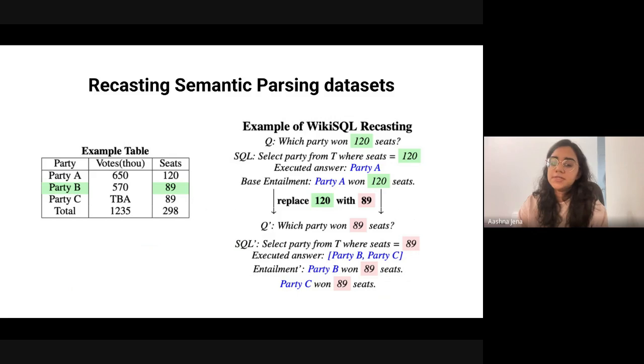But since we have an SQL query with us, we can actually replace values in the SQL query and the question in parallel. And then we have a new SQL query that we can execute, get answers for, which we can combine with the new questions and get more statements. So this is a nice foolproof way of creating new entailments because we actually get to execute the query to find the answer.